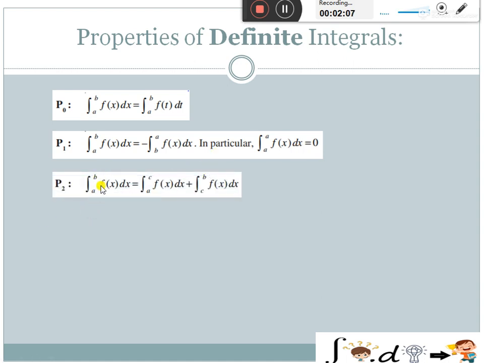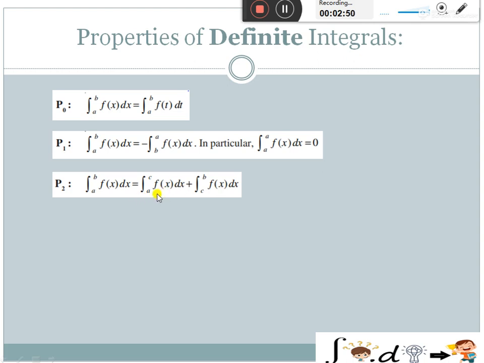And now we have the next one, integral a to b fx dx is equal to integral a to c fx dx plus integral c to b fx dx. ये हम वहाँ पर अप्लाई करते हैं जहाँ पर हमें स्टेप वाइज यानी कि ब्रेकिंग पॉइंट्स में फंक्शन गिवन हो। जैसे कि सपोज करो अगर आपको यहाँ फतेहाबाद से दिल्ली जाना है तो रास्ते में आप रुक जाते हो थोड़ी देर के लिए, आई थिंक रोहतक में रुक जाते हो, तो सेम उसी तरह से यहाँ पर एक ब्रेकिंग पॉइंट आ जाता है, तो हम उस ब्रेकिंग पॉइंट पर रुक जाते हैं a to c fx dx प्लस c to b fx dx।